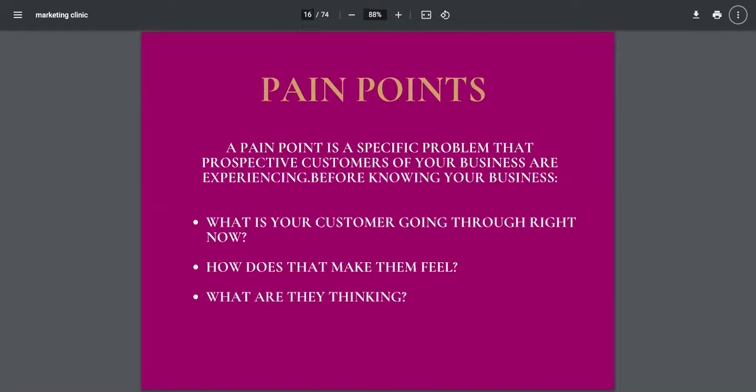Oh, I would love to wear that for such and such an event. I would love to wear that for my birthday. I would love to wear that for such a party. What are they thinking? They're thinking, how can I acquire that item? And this is where the likes of Boohoo, Misguided, and Pretty Little Things come in, because they are fast fashion. They have a high turnaround of the item that they can provide to the target audience. And that is how they fix the pain points.